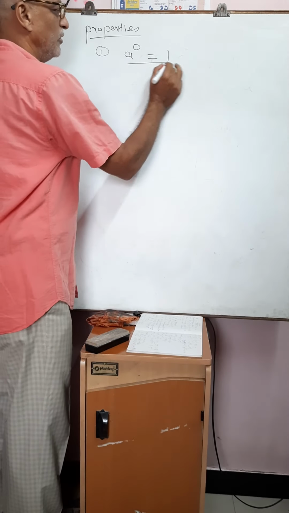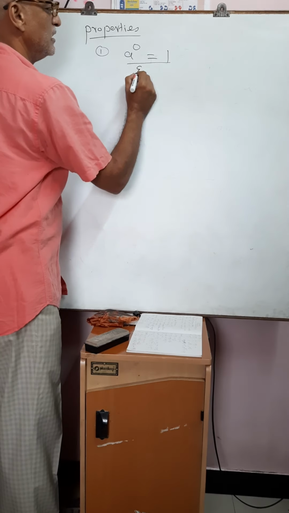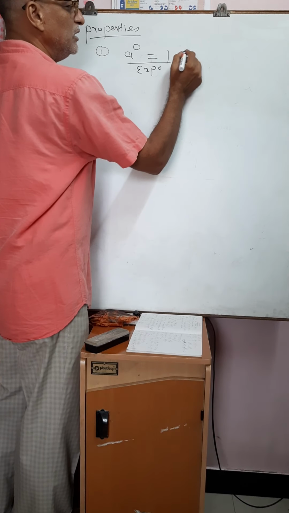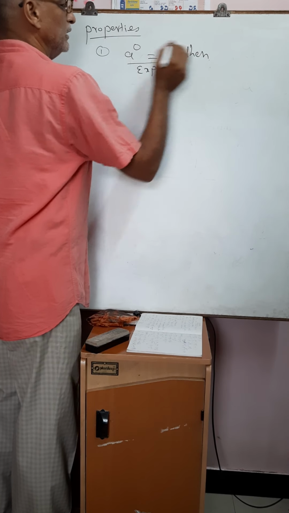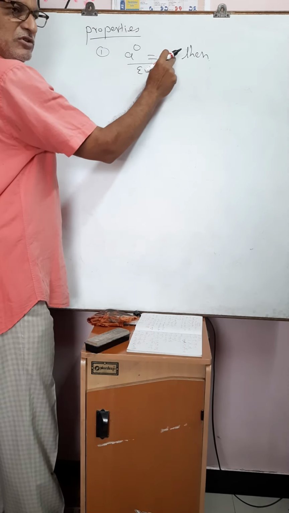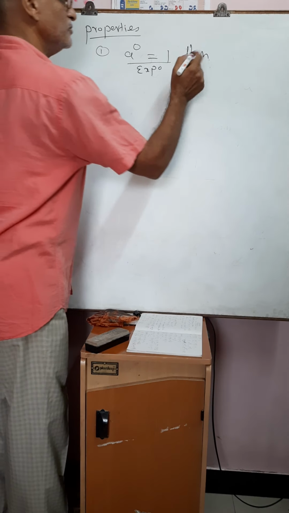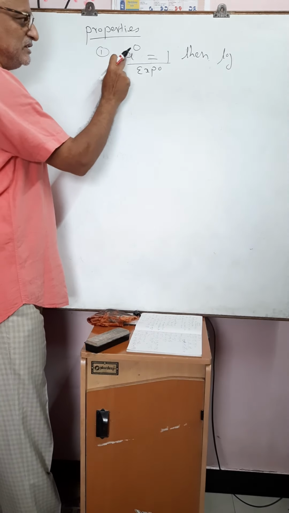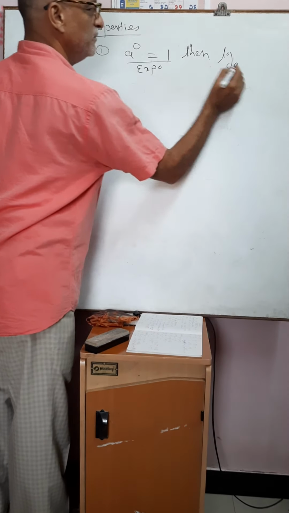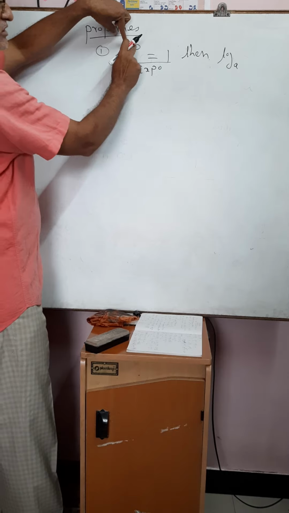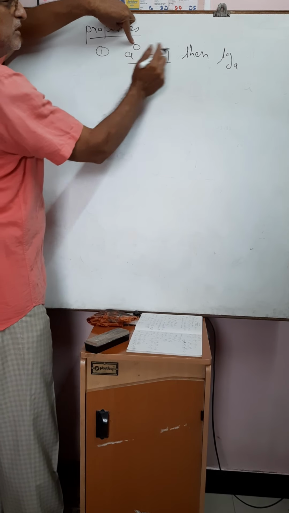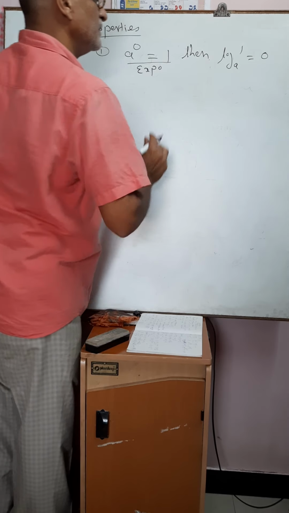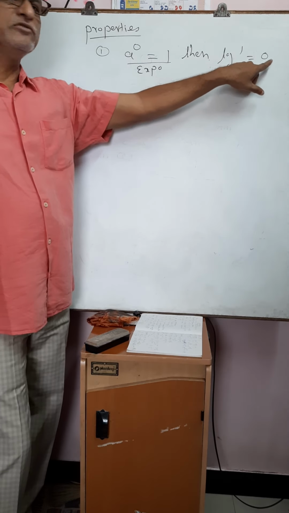This is the exponential form. We have to convert it into the logarithmic form. Now, since a raised to 0 is equal to 1, our logarithmic form says that the base remains the same. The base is a. What interchange? That 0 goes on the other side and 1 comes here. So log 1 to the base a is equal to 0.